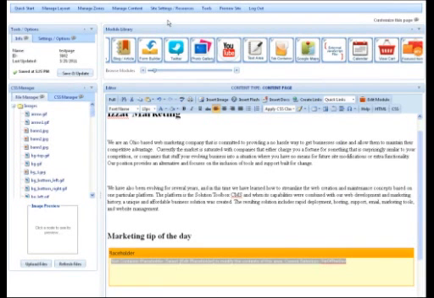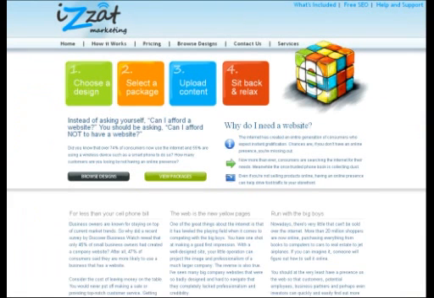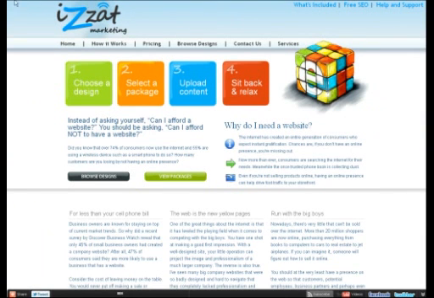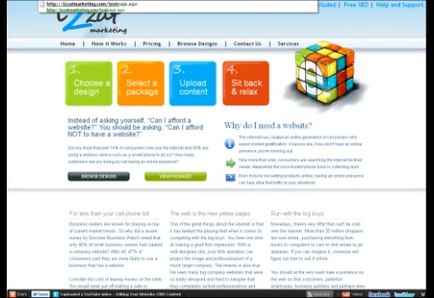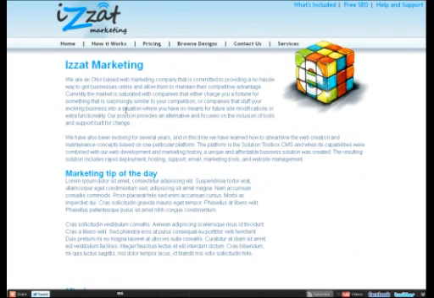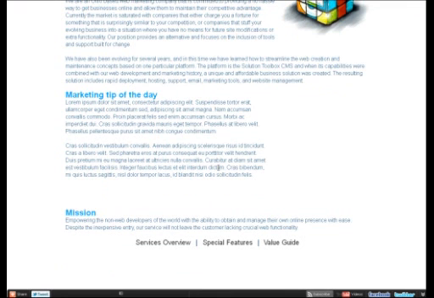What we're going to do now is navigate to the live site by selecting Preview Site, and I'm putting in the suffix test page, which is our rewrite URL. So okay, this is our page and marketing tip of the day, and this is actually